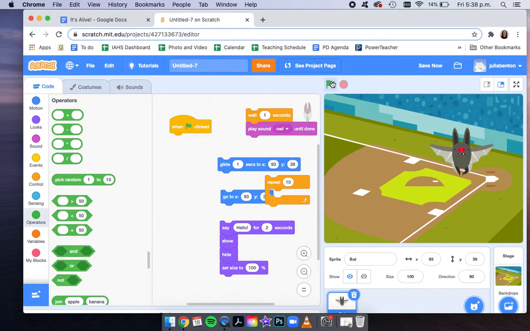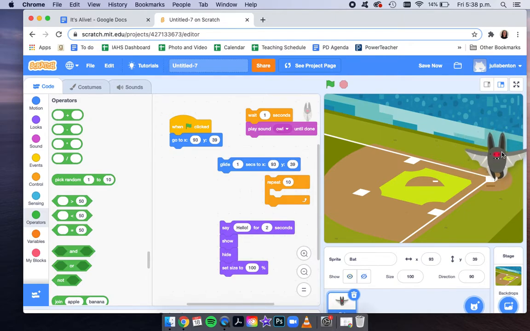The green flag is up here, and when that green flag is clicked, that gives instructions to the bat, saying, now that the green flag is clicked, you have to follow all of the lines of code underneath and move around or do other stuff. So when that green flag is clicked, I want my bat to do a few different things. I want him to maybe go to a specific position in my backdrop. I want him to start right here